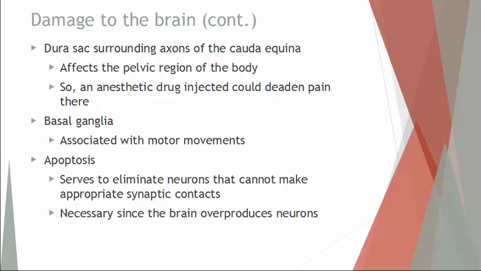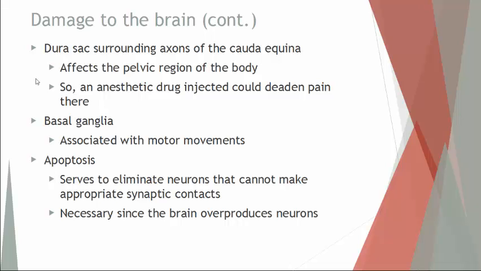And the reason why this area is called the cauda equina is that the spinal cord itself actually ends at the lumbar vertebrae of the vertebral column, but axons will extend beyond that point. If you look at them, they look like threads of hair. So it actually looks like a horse tail. That's where you get the name cauda equina from. Cauda meaning tail or tail end, and equina is a reference to equestrian or horses. So it looks like a horse's tail just beyond the terminal point of the spinal cord.